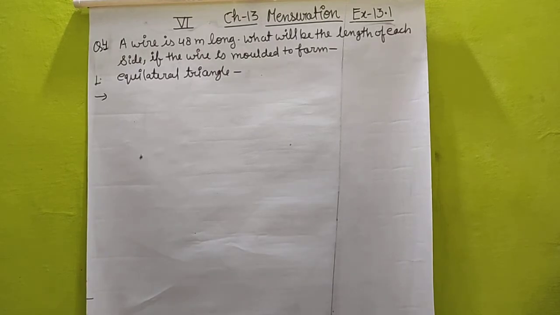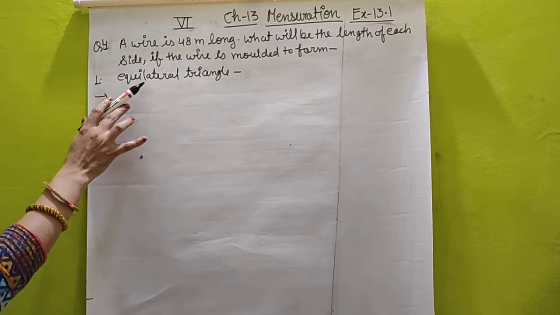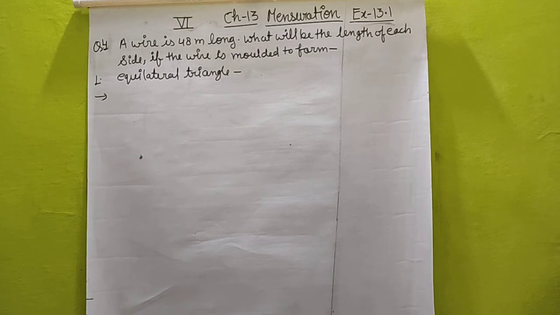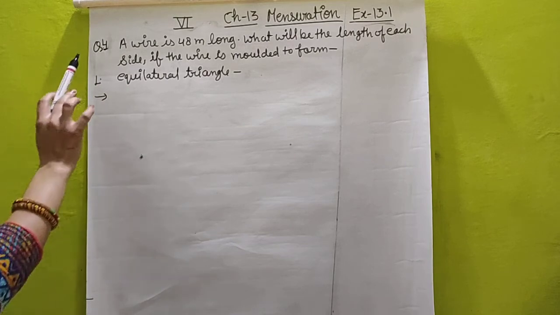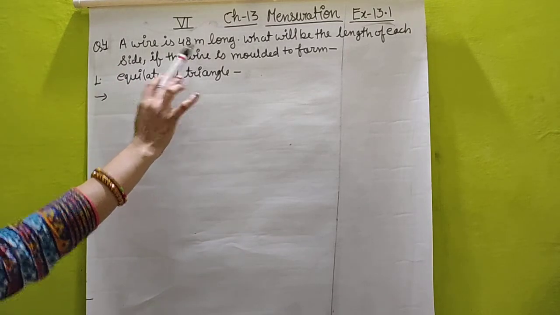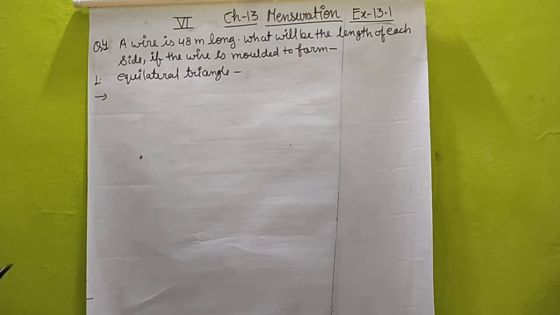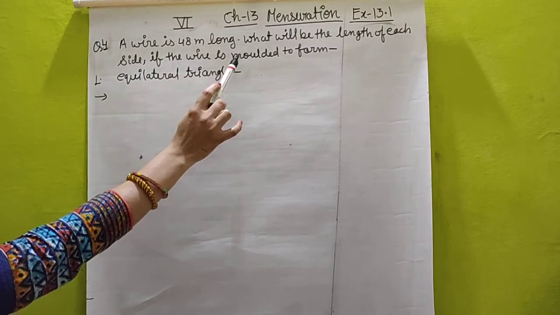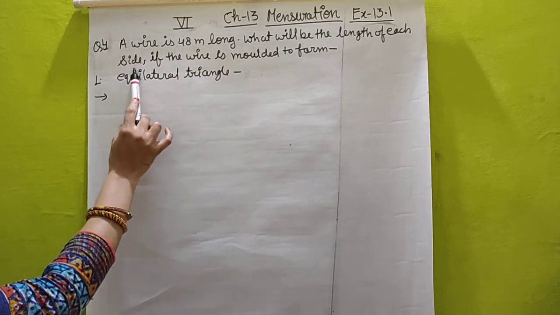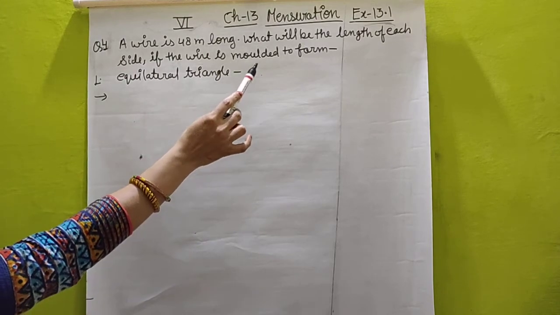Students, question number 4 has three parts. Here I am taking the first part, and the rest two parts you can do by yourself. Question number 4: a wire is 48 meter long. So students, the length of the wire is 48 meter. What will be the length of each side if the wire is molded to form...